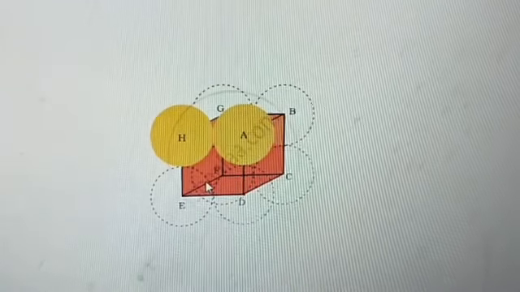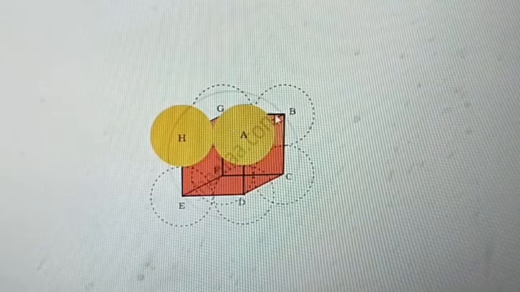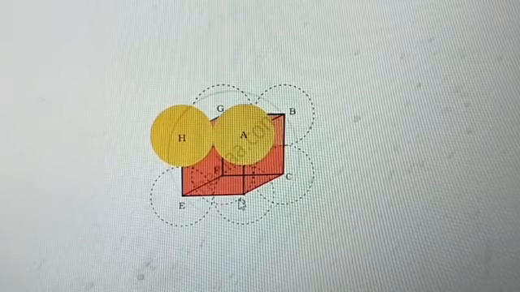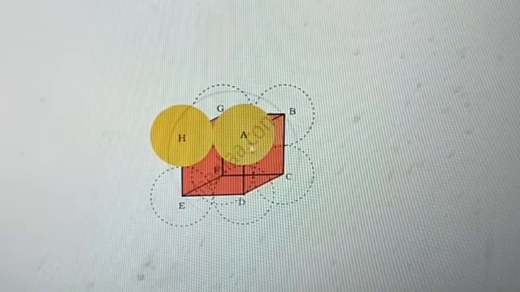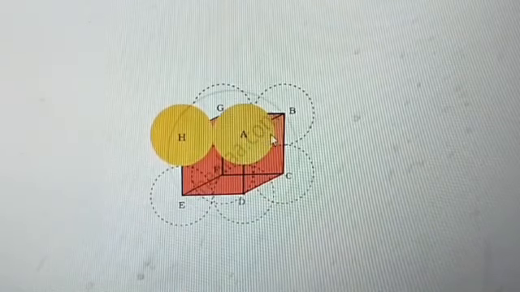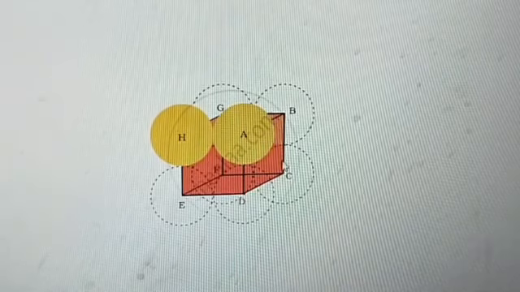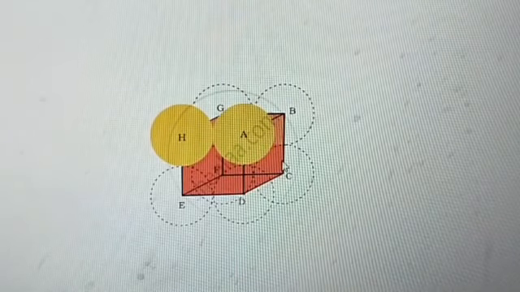When we touch them, the radius of each particle is r. So the edge length of the cube, this is the edge length or side of the cube, no? So this side of the cube and the radius of each particle. This sphere is nothing but a particle. The radius of each sphere, for this or for this, means nothing but the distance from center to the circle. Yes or not? So the radius of the sphere and the side of the cube, those two are related as